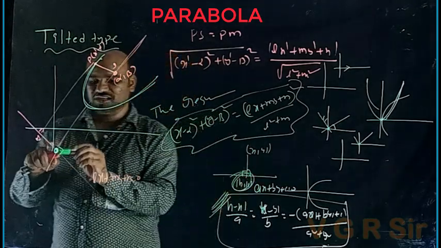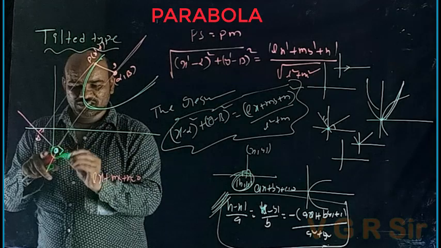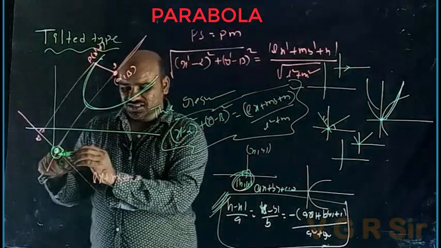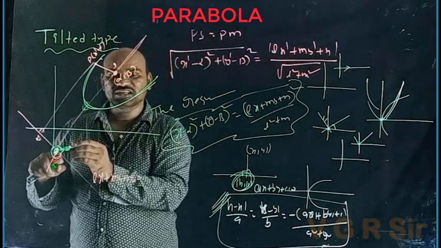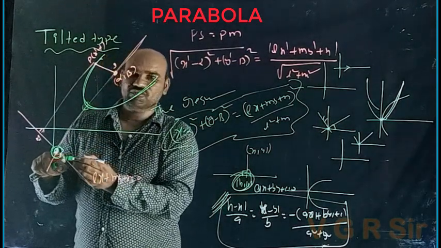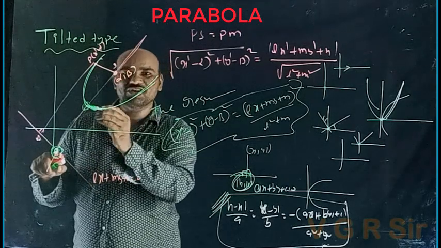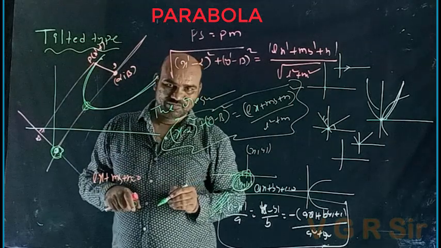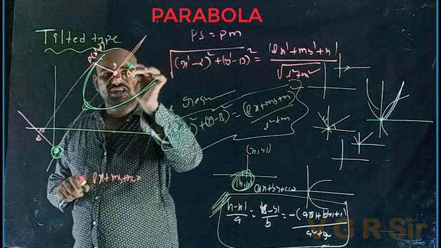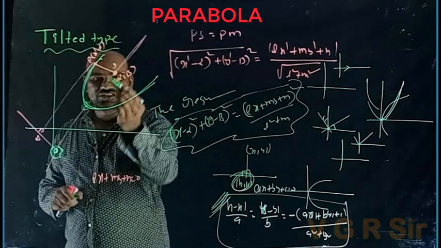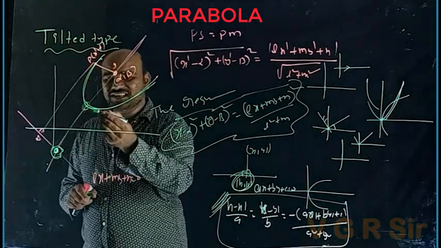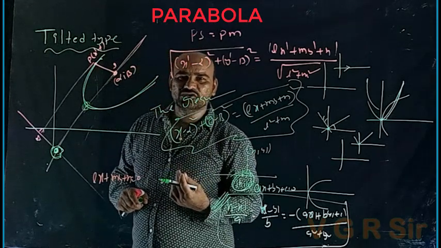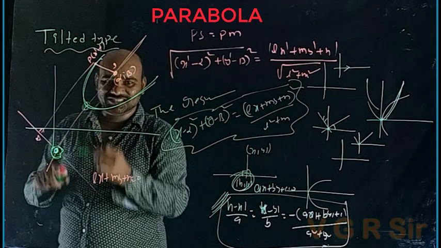The same formula is applicable here. By using that formula, you can find the coordinates of the foot of the directrix. After finding it, the vertex is nothing but the midpoint of these two. The foot of the directrix is there, the focus is there, and the midpoint is the vertex. By using the midpoint formula, you can find the coordinates of the vertex also. Now next, how to find the equation of the axis. Three points are there on the line, and 2 points are enough to find the equation of a straight line. By using the two-point form, you can find the equation of the axis.